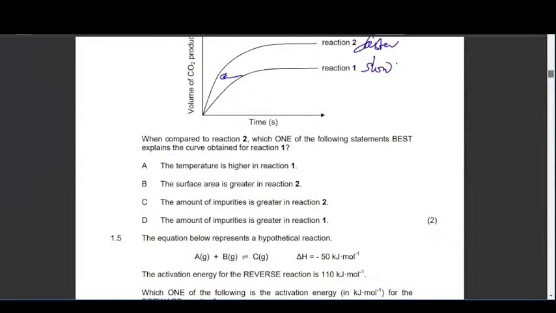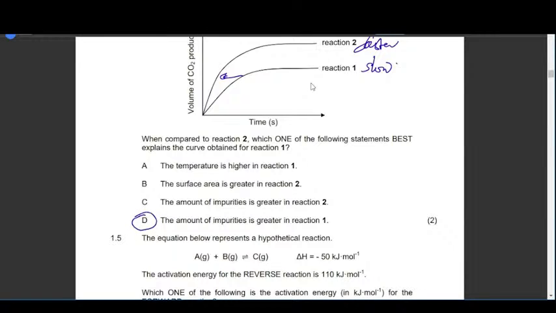The surface area is greater in reaction 2. It's a gas. The amount of impurities is greater in reaction 2. If the amount of impurity is greater, then reaction 2 would have been slower. The amount of impurity is greater in reaction 1. Yes, that's why it means that you have fewer number of particles reacting. Therefore, the reaction is a little bit slow. Hence, it shifts to the right. So the answer becomes